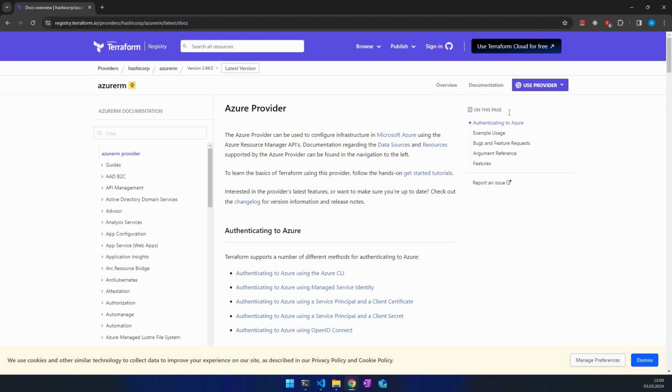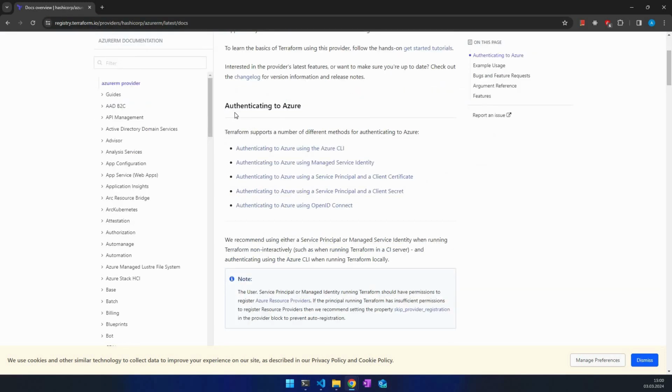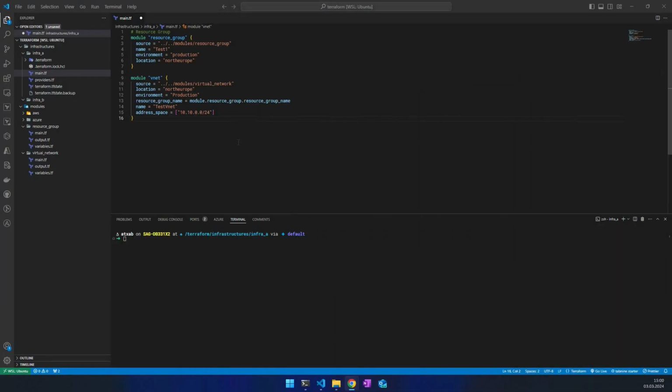When you go there, it shows you how you can authenticate to Azure, and you can use any of these methods to connect yourself to Azure and then use Terraform. So I suggest you go through these methods once, and then come back and use the